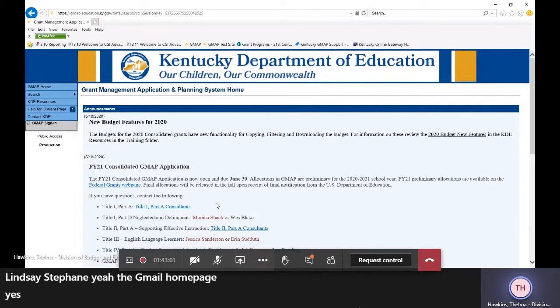Yes. Okay. So as Stephanie and Lindsay stated, beginning with 2020-2021, the school-based health services annual application will be submitted in GMAP.